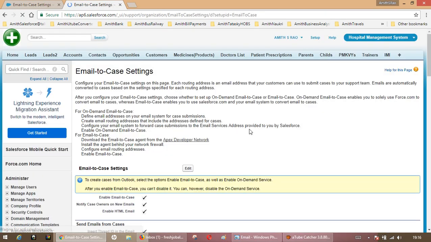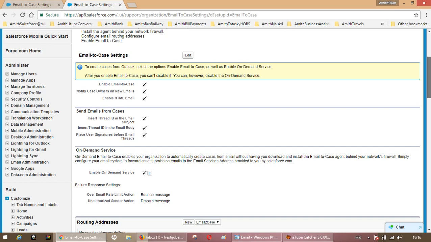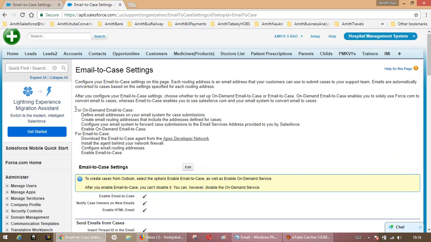Now press on Continue. Here I will show you what needs to be set. I have already set a couple of points. Before this, let us see what we mean by on demand email to case and email to case. Now what I am doing here is on demand email to case. What is on demand email to case? On demand email to case is